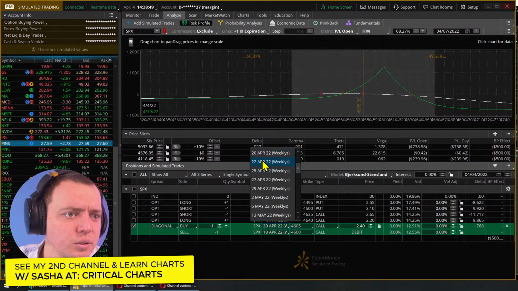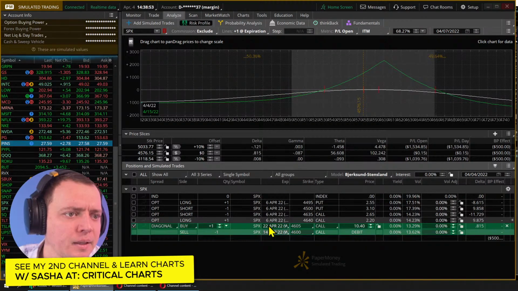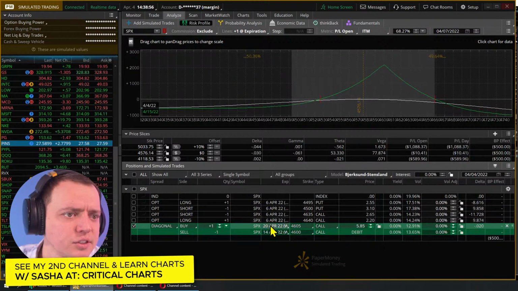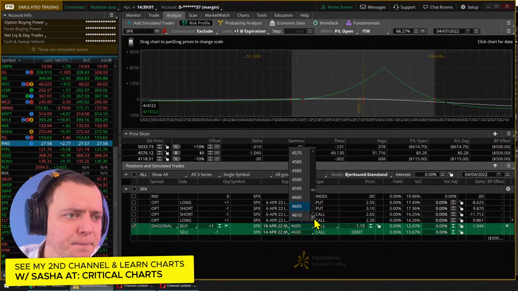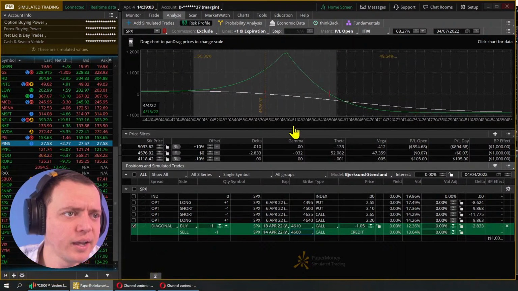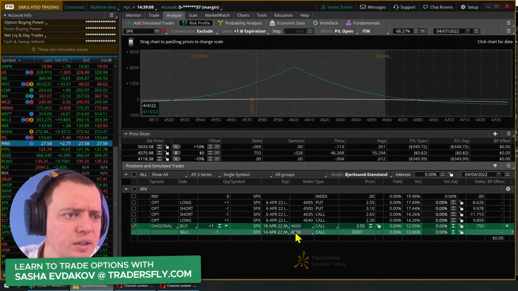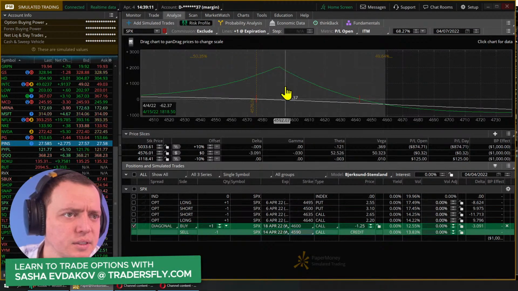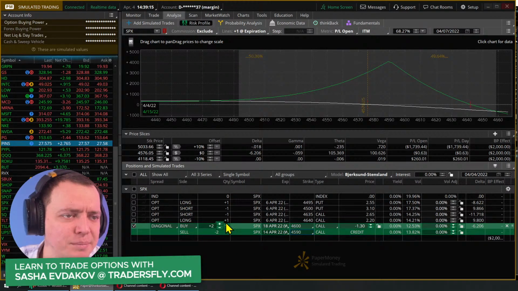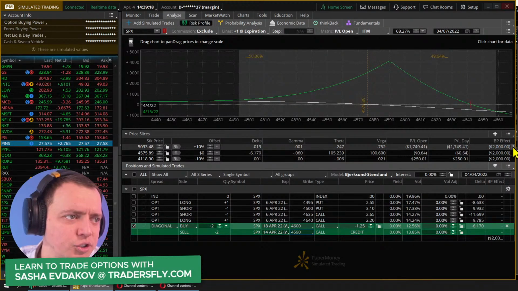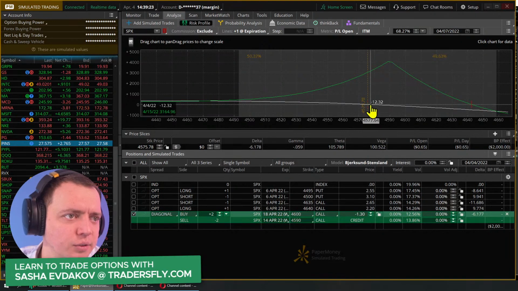Let's see if we can go. Let me just tweak it a little bit. Might have to switch some of these expirations. There we go. That one's pretty good. We'll go with something like that. Let's see. Bring it back. And now we've got a little bit of a bearish thing here, where if it pops down, or when it drops, even a little bit of a drop can really benefit this.